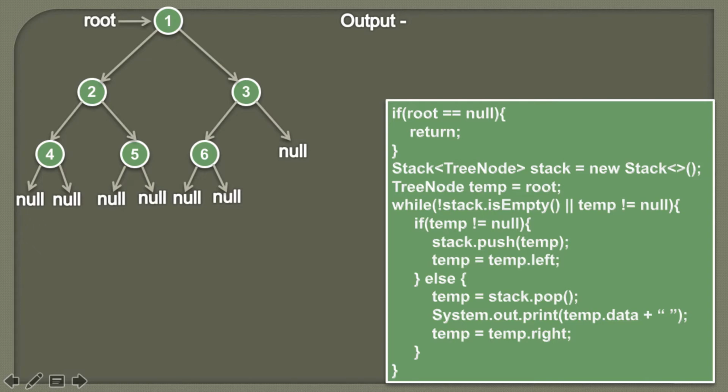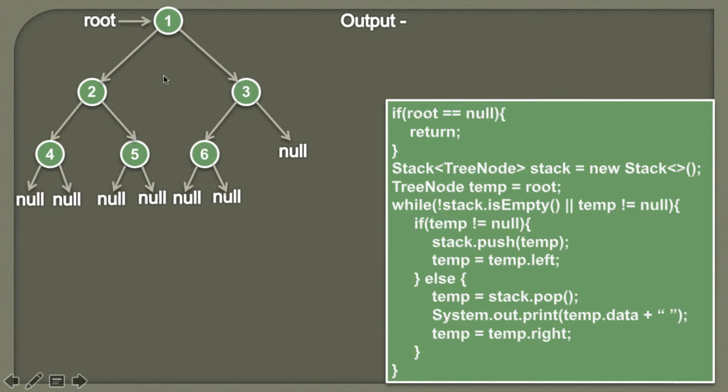So friends, in my previous tutorial we discussed the recursive in-order tree traversal. The steps involved in in-order tree traversal are as follows. Before visiting any particular node, we first visit its left subtree, then we visit the node, and then we visit its right subtree. And these steps are applied over each and every node.